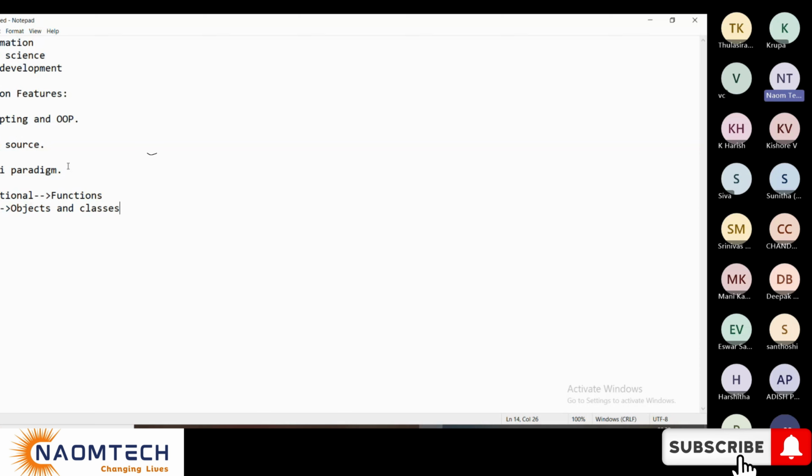People talk about many other things, but for me, these are very important. And one more important thing about Python is it is dynamically typed. Dynamically typed means, unlike other languages, you don't need to declare data types in Python.